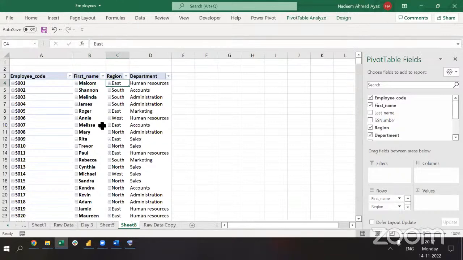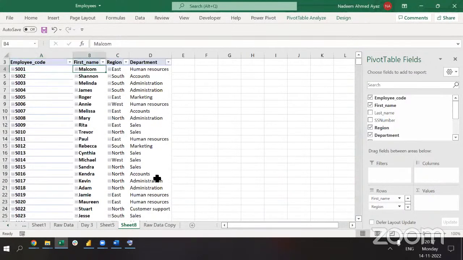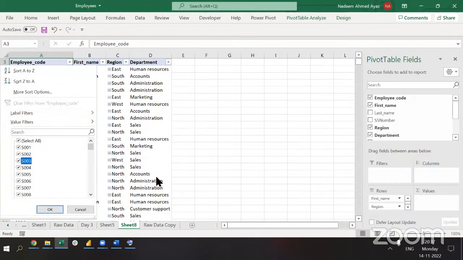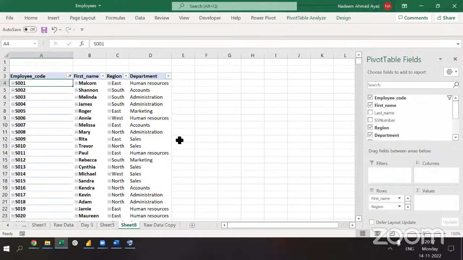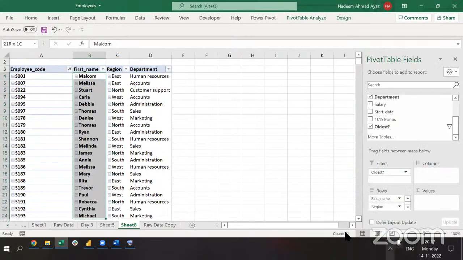Okay, so now let's count the employees. By default, it is arranging names based on the first column, and the first person is arranged in ascending order. That's why you see 0, 1 on the top and then 200 on the bottom. I don't want blanks to be visible here, so I will quickly hide them. But then I need to give this data to somebody, right? So what do I do? How do I filter out only those folks for which I have created a column? So I will drag this person to filters and I pick only folks where there is a yes. So it will show only those 21 names which are belonging to each department,